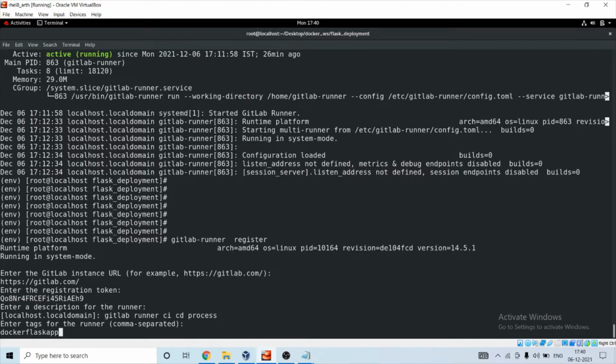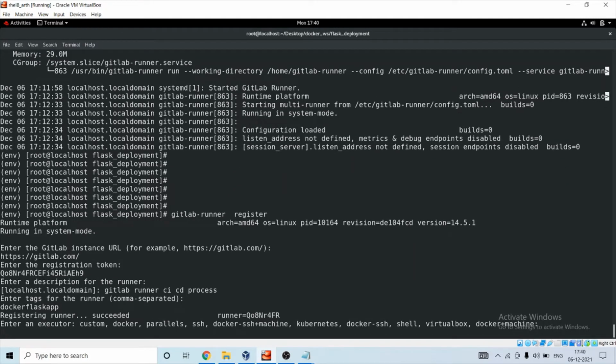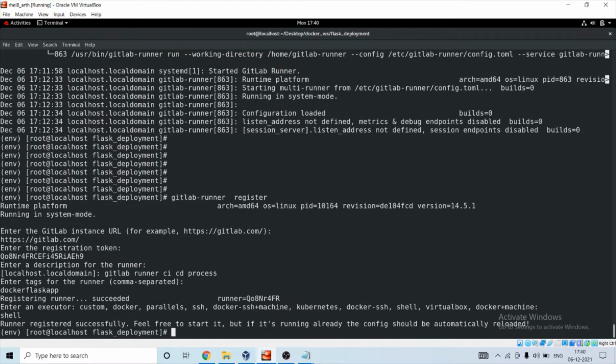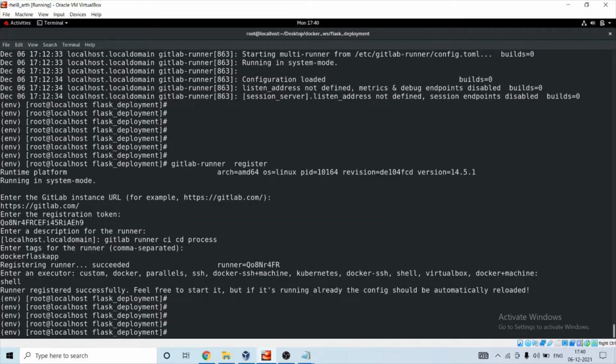Then we need to provide the executor. So among these, our executor is shell, yeah, shell. So our runner has been registered successfully.